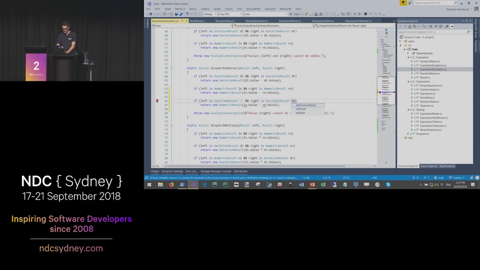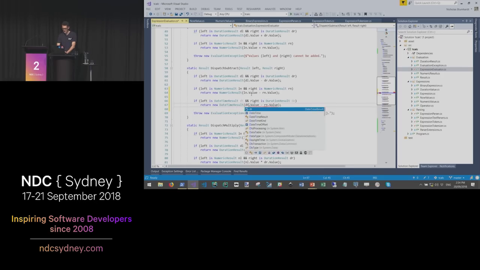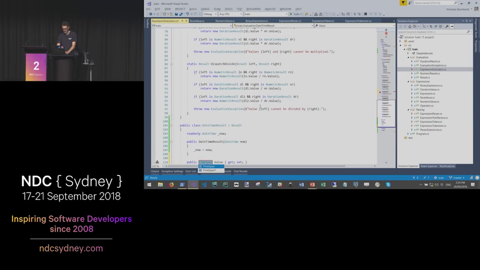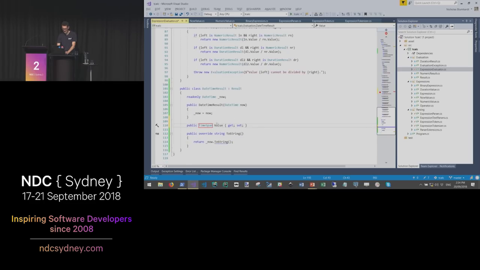we'll say de. So if I have a date time and we subtract a duration, we have another date time, and that's going to be the date time value, let's say minus the, okay, and that's going to be de. We better actually add something to that. Create property value. I shouldn't have called it now, should I? Okay. Let's say value was now. And then we can just do value to string.